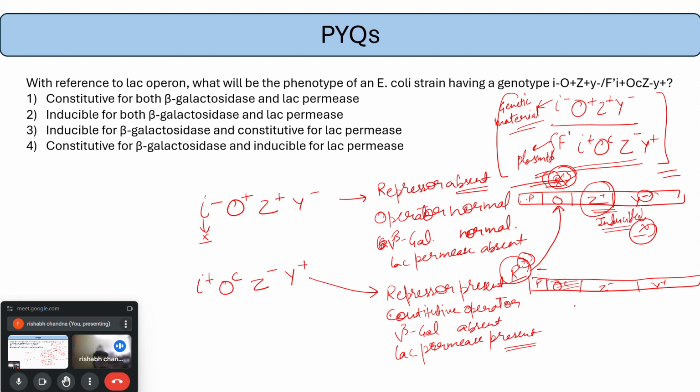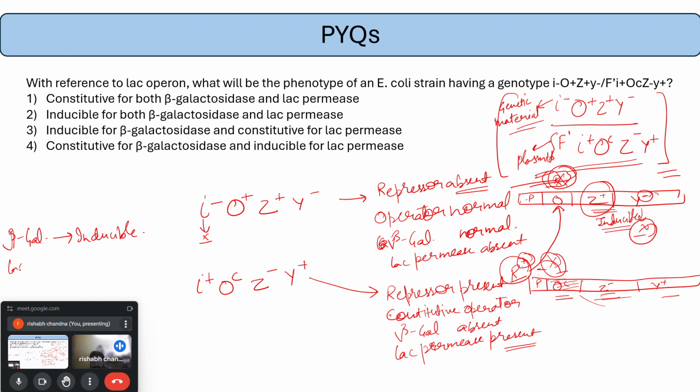Now, talking about the plasmid gene, here it's a constitutive operator. That means the repressor cannot bind to this particular operator. It will not be able to hamper the production of any of these genes. And here the beta galactosidase is absent, so no production of beta galactosidase here. So the production of beta galactosidase will be inducible,